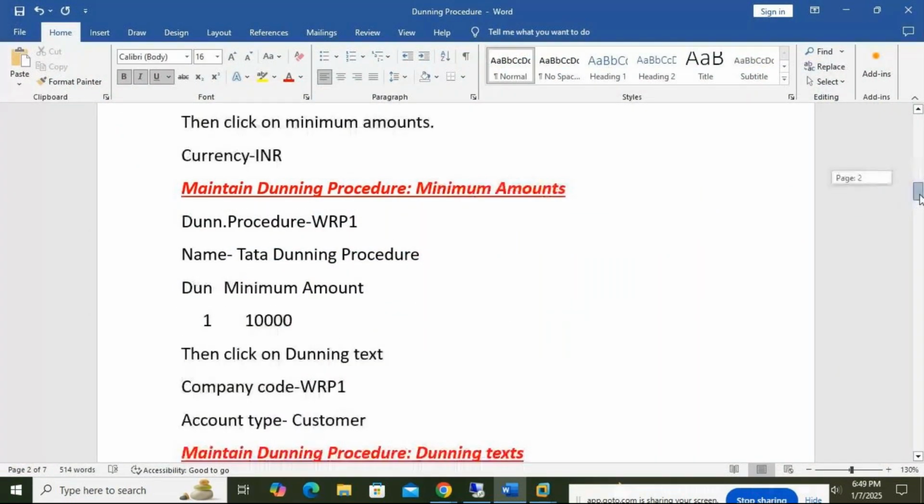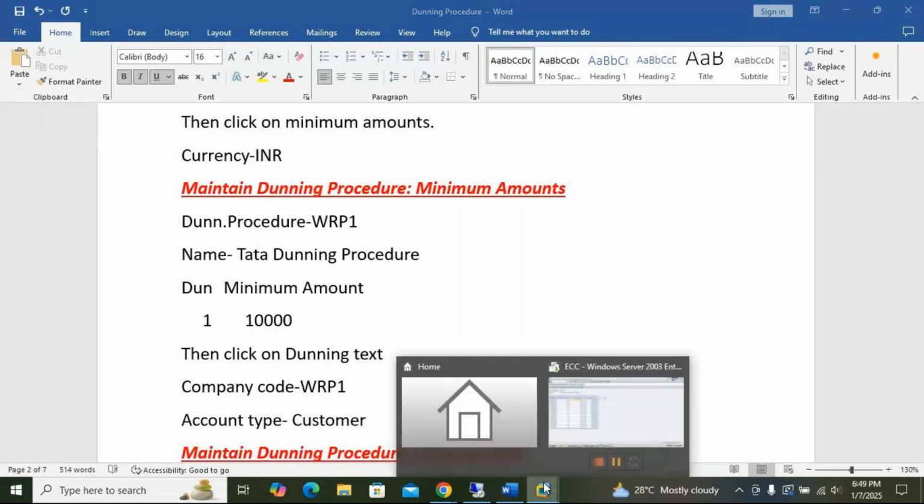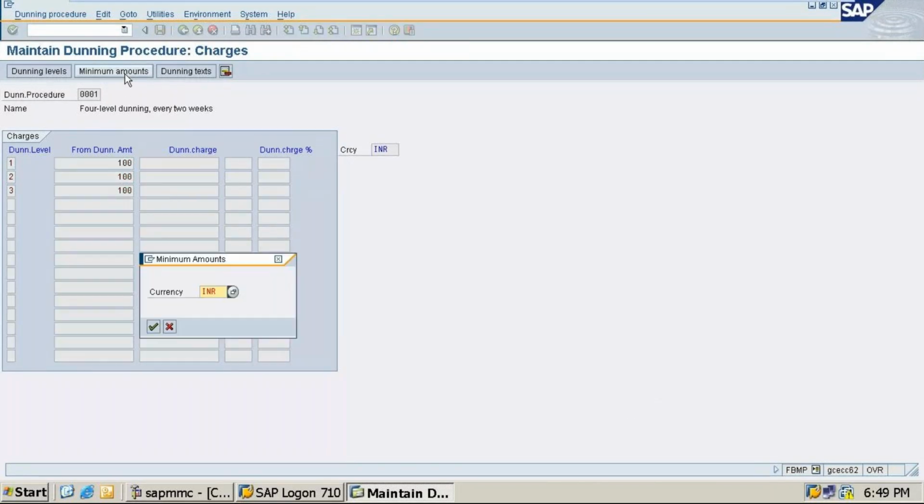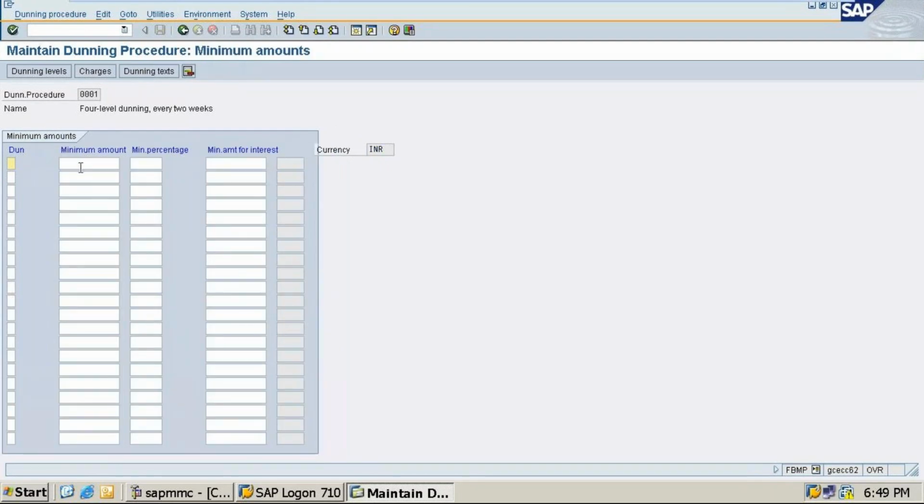Next, currency is INR. Click on the minimum amount currency. Maintain dunning procedure minimum amount. So minimum amount is like 001.